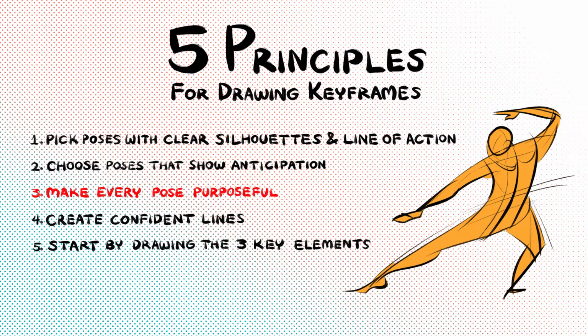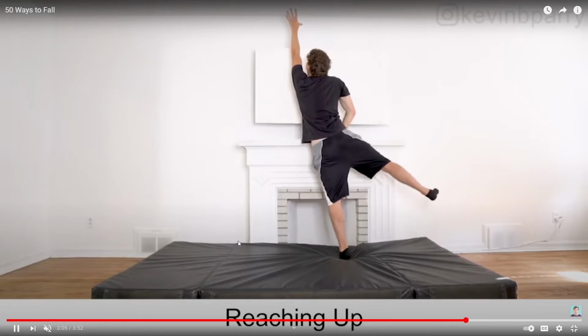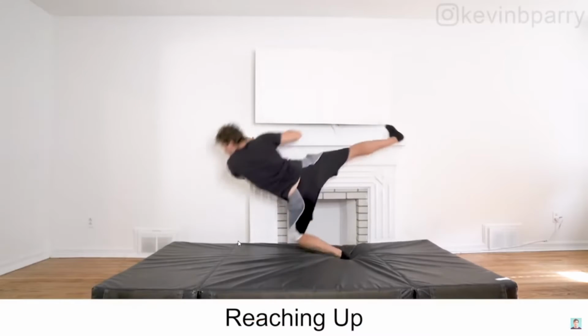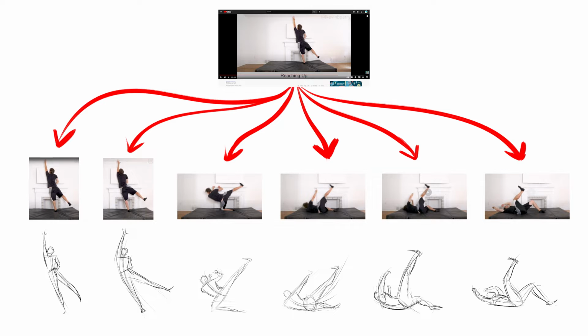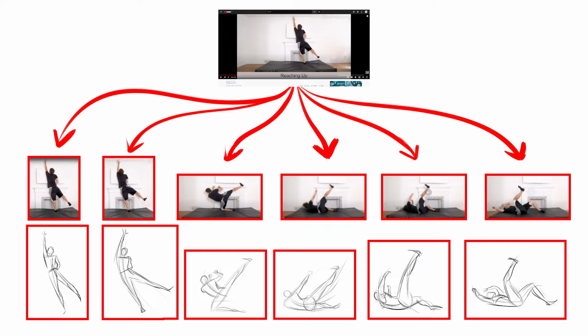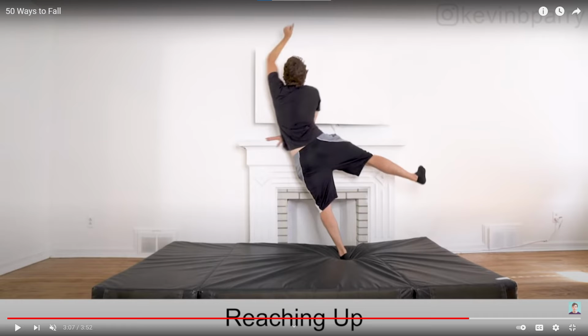Make every pose purposeful. Don't draw extra poses. When we look through the entire video, we see many poses that he shifts into. But why do we only choose these 6 keyframes instead of drawing all the other in-between poses, like this, or this one? The reason why is because we want to prioritize the poses that look best when it's taken out